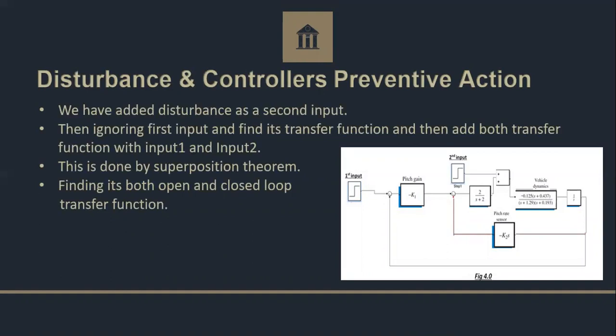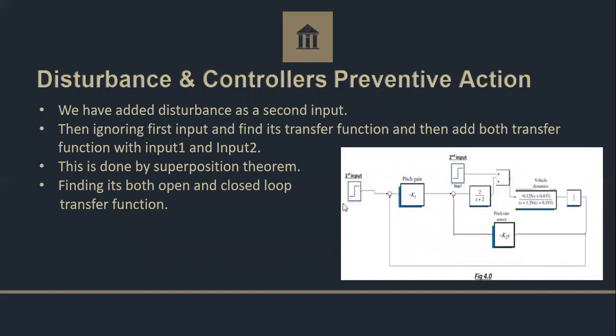Now disturbance and controller preventive actions. Here you can see that this is our normal transfer function. This is a normal block diagram. It's an example. If you want to add a disturbance, you have to add it as a second input, and remove the first input to calculate T1.